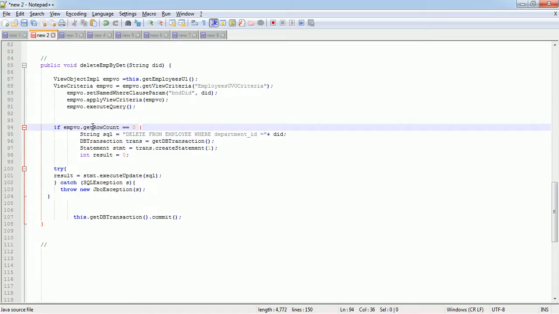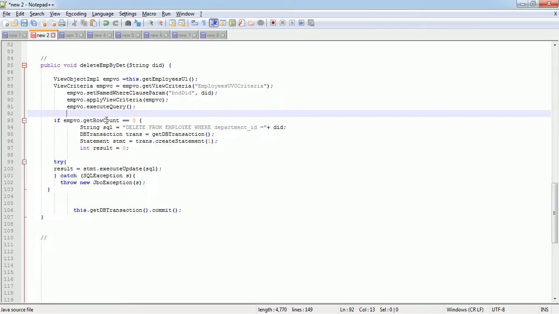By this way you can also write: if empbo.get row count equal to 0, string SQL delete from employee where department, all the rows will be deleted,